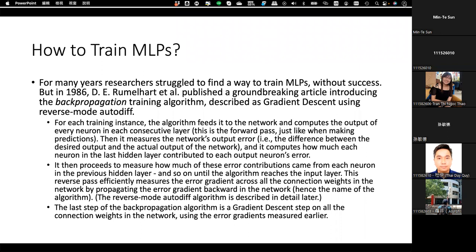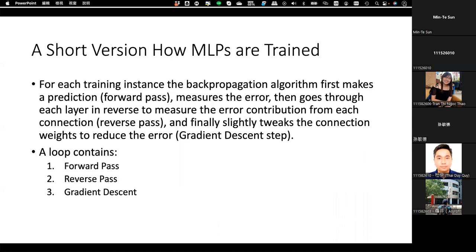You use that to decide how to tweak the weight for each neuron to reduce the error for the inference. So to summarize,